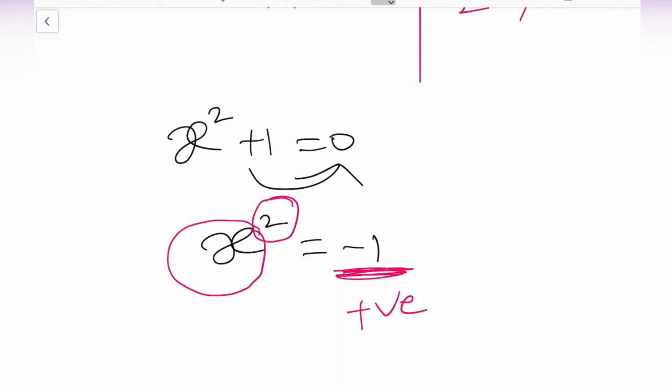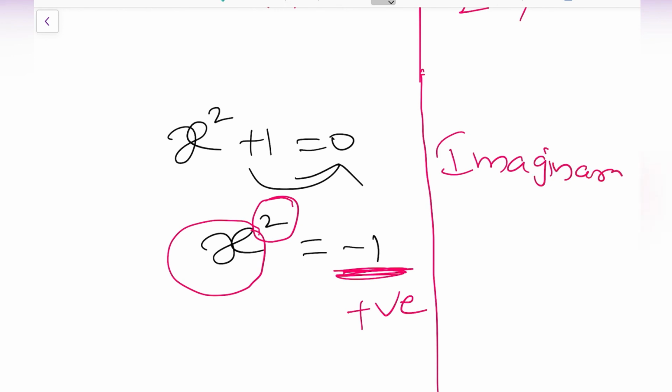Then comes one more number. That number is the imaginary number. So some number is there; if we substitute that number in the place of x, after squaring that number, definitely we will get minus 1. That number is nothing but an imaginary number. You will learn about these imaginary numbers more in depth in intermediate. So that's why these are real numbers, and those which are not real are imaginary numbers.